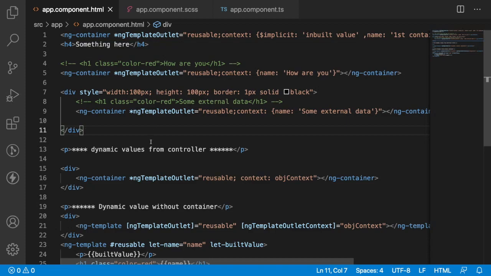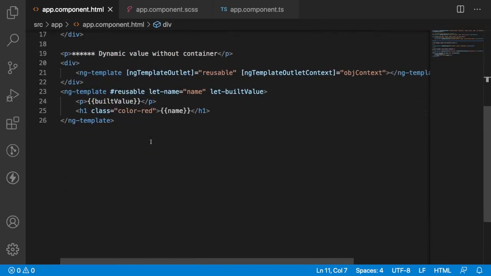The difference between ngFor and ngTemplateOutlet is that ngFor reuses the content at one particular position, whereas with ngTemplateOutlet you can use your content at any place at any time by using one ng-template itself. One more point to remember: ng-template cannot be accessed outside of the component. Whenever you are using ng-template, it is restricted to that particular component level. It cannot be reused in another component. Whenever you want to reuse it in another component, we will be using a concept called component injection. We will see that in the upcoming videos. That's it about ng-template and ngTemplateOutlet along with the context.